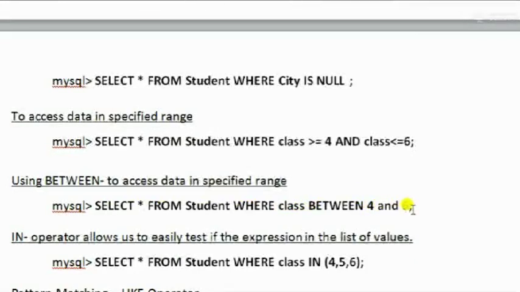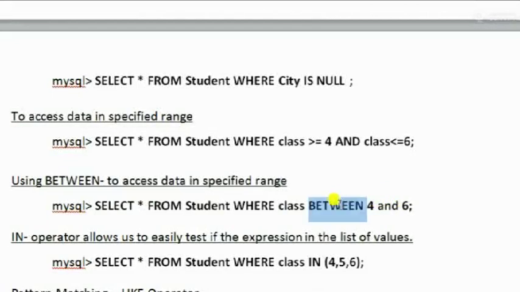Please remember, between clause includes the two extreme end values. So including 4 and 6, all the values of the class have been taken, and you are displaying the values of all the fields of class 4 to class 6.